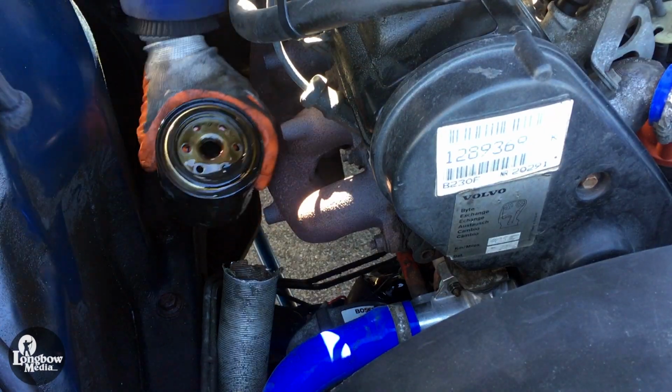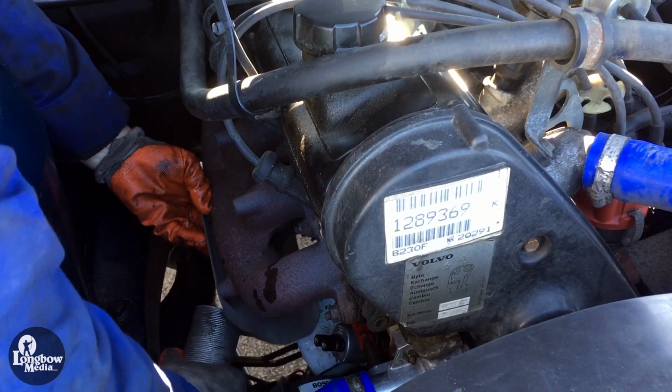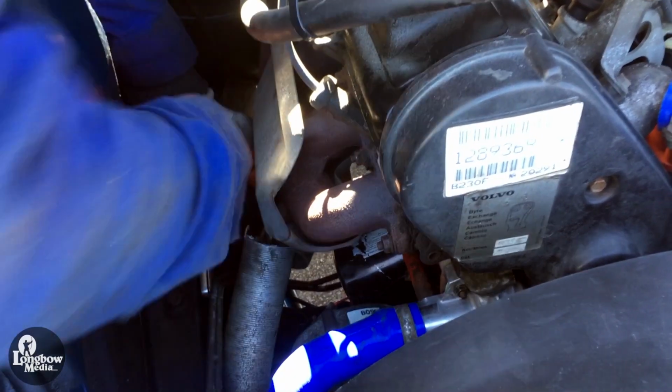Next is to remove the oil filter. To do so on this 1990 model, I have to remove the preheater system from the exhaust manifold to gain easier access. To do this, unseat the preheater hose, remove the 4 screws connecting to the manifold,